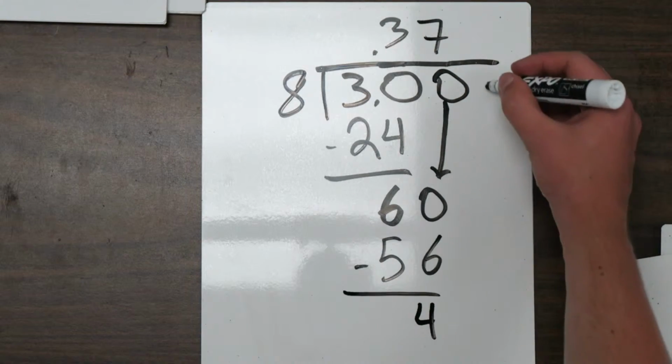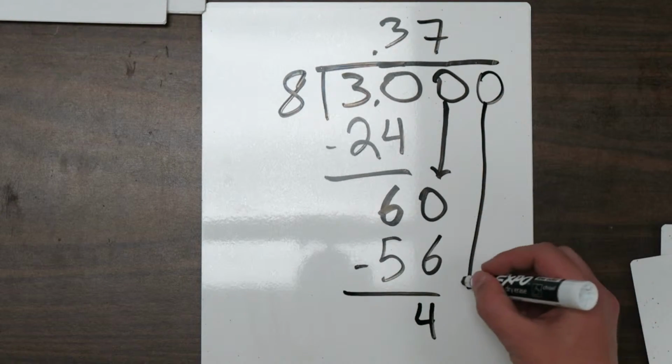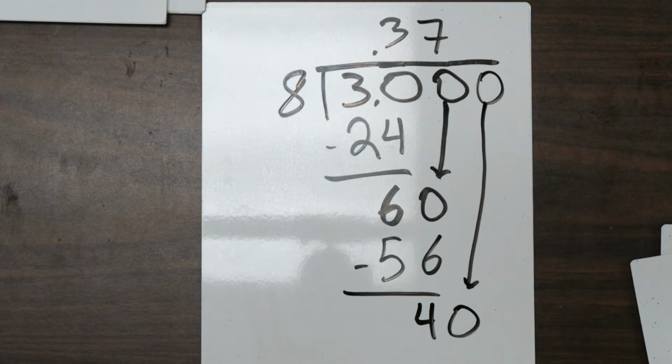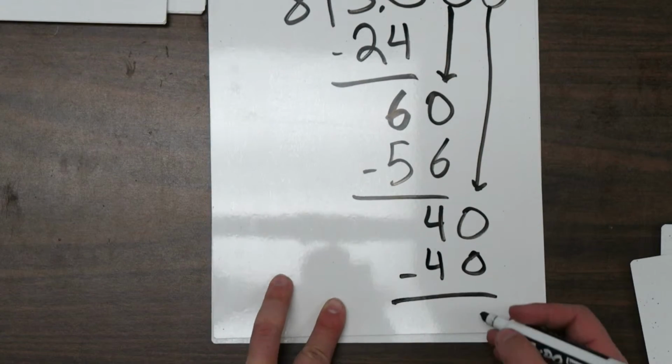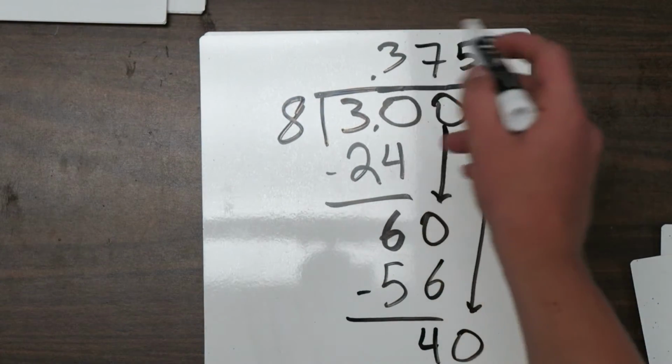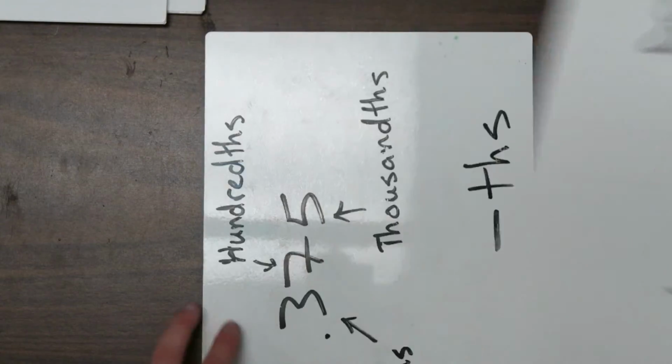I need another 0, and I drop this one all the way down. How many times does 8 go into 40? Well, it goes in exactly 5 times. 8 times 5 is 40. I subtract to find out what's remaining, and this time there's nothing remaining, so I'm done. There's my answer,